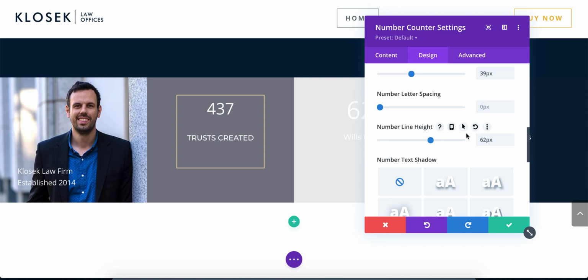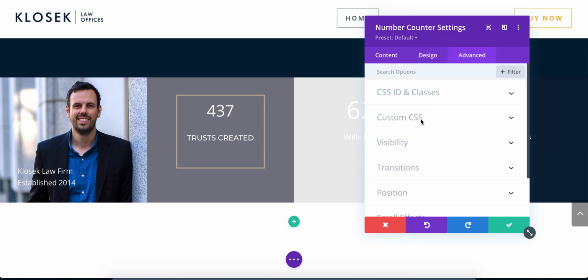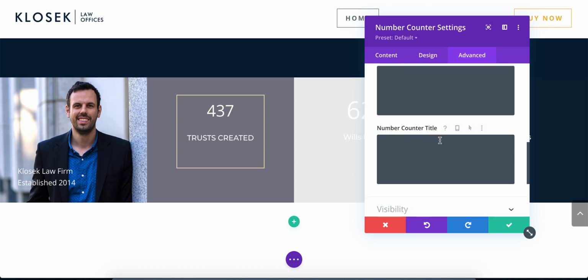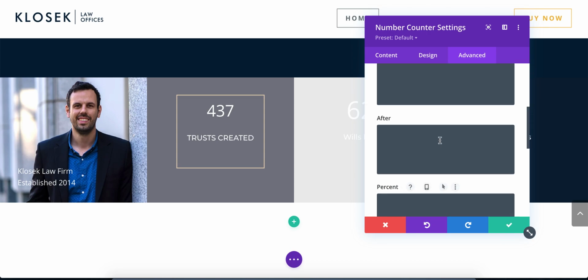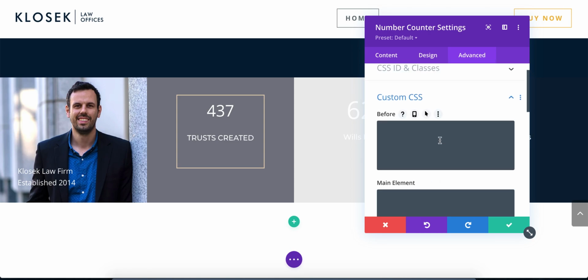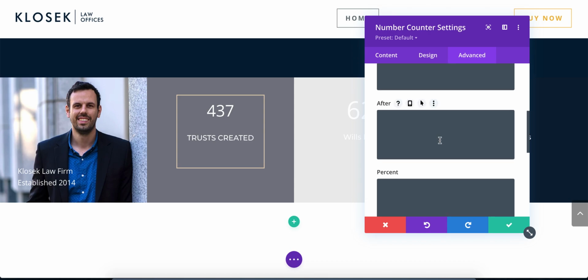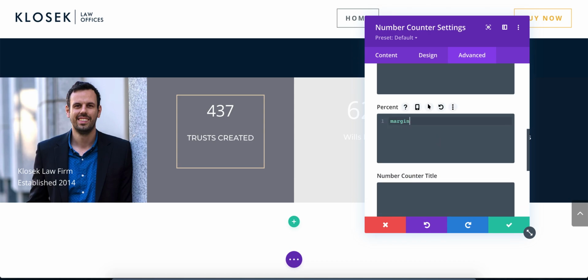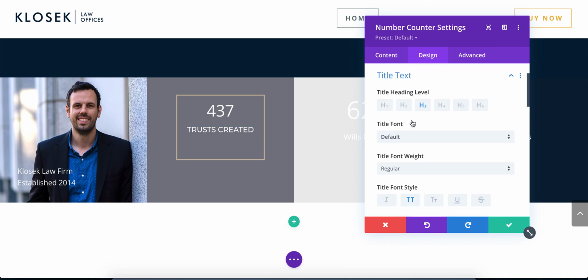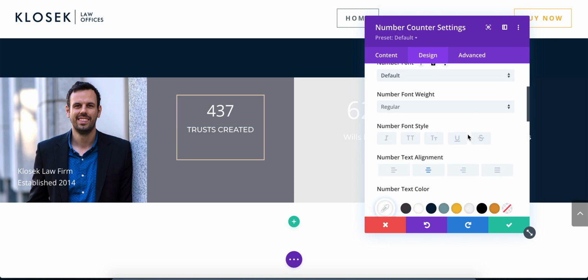Yeah, I don't like doing the number height like that. So let's go to custom CSS. Let's see if I can control it here. They don't give me a lot of options here. Margin bottom. There we go. Let's take a look at our main thing. Yeah. Okay. So actually, our text, or our number, probably needs to be